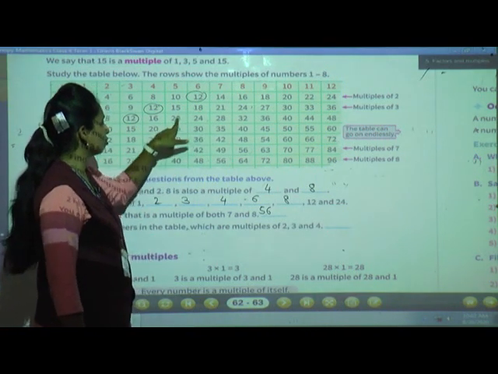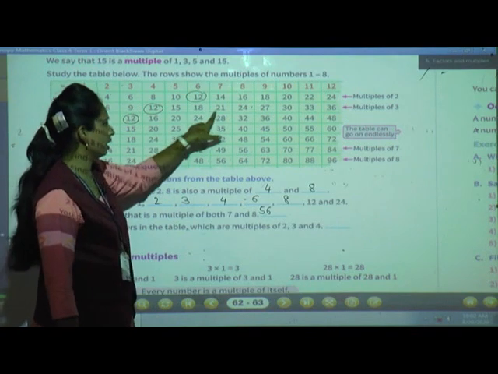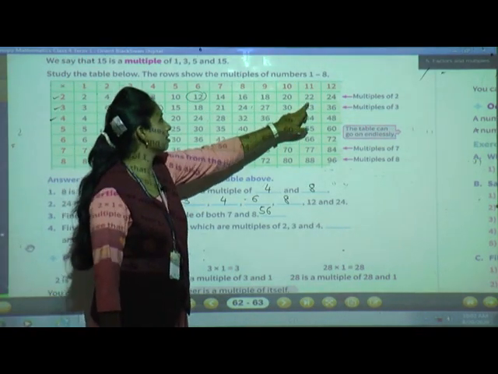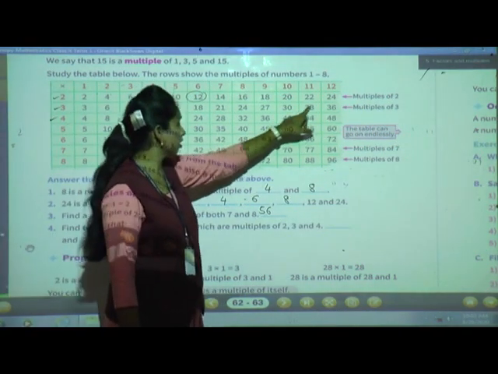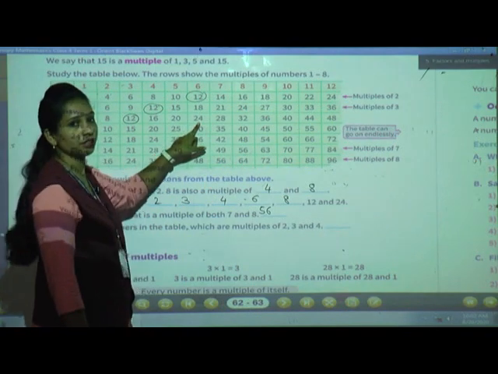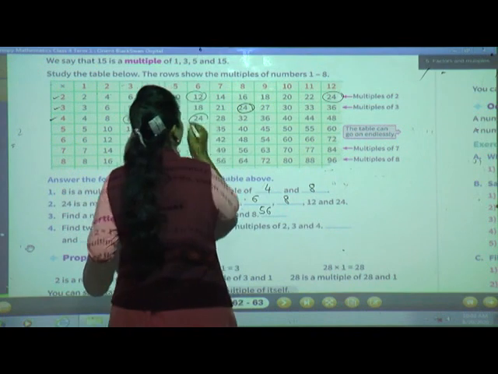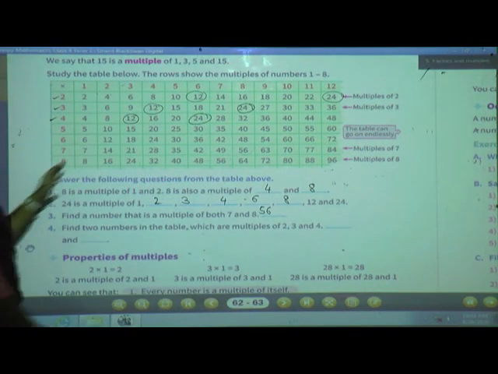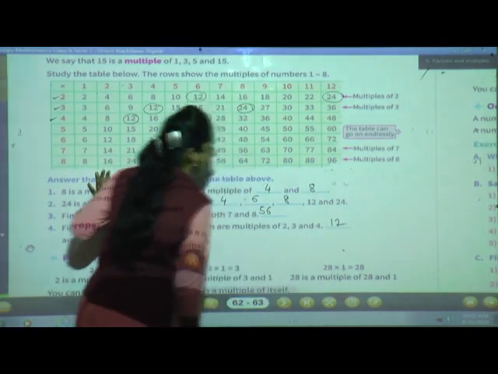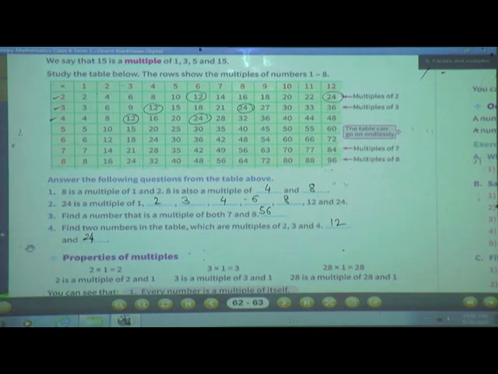18 is there here also, but here it is not there. What about 20? Here 20, 21, 20. No, again it is not common. Now next is 22. Here 24, 24 is there. Here 24, here also 24, here also 24. So what is the other number? 24. It is common in table 2, 3 and 4. So what is the number? 12 and 24. Understood? Clear? Clear till here? Yes.